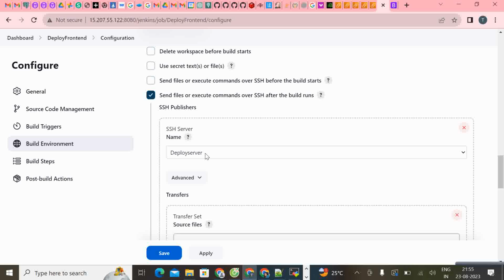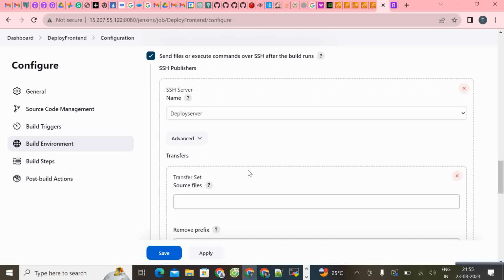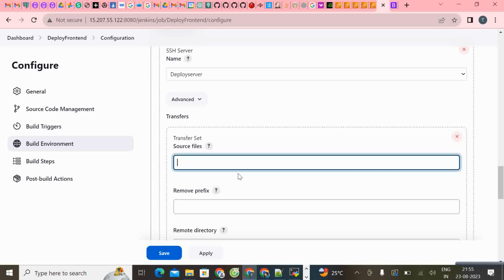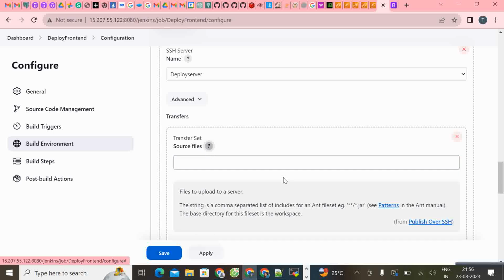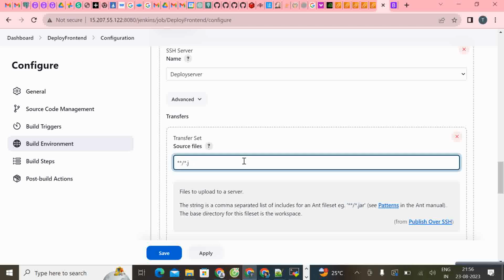This deploy server, we have configured in Manage Jenkins, Configure System. There you can see it, and transferring files. Here you add the file names you are transferring. Actually I'm transferring HTML, CSS,